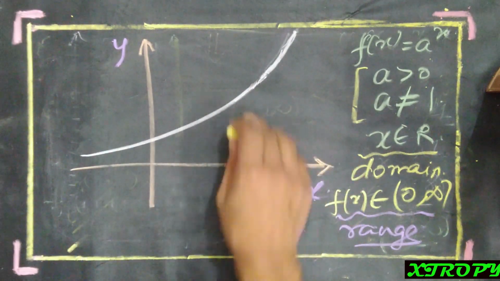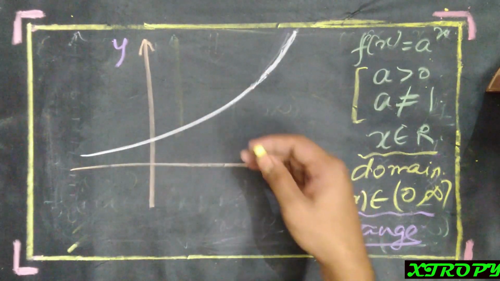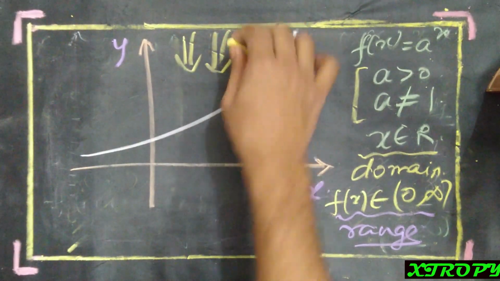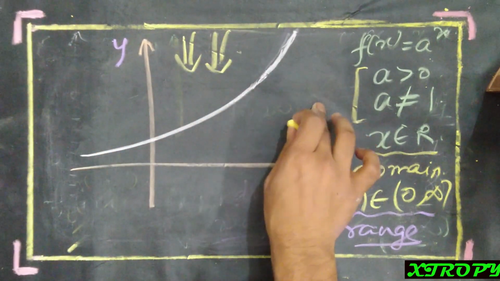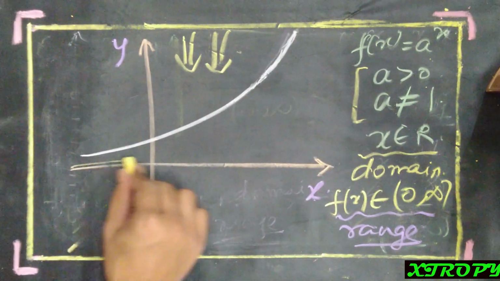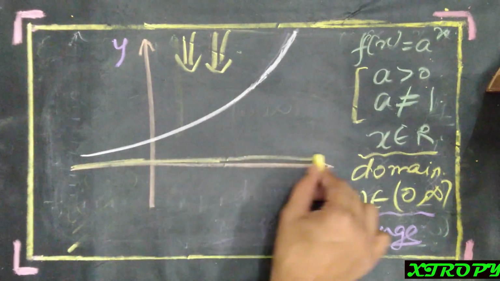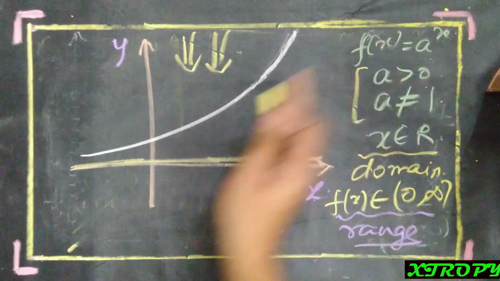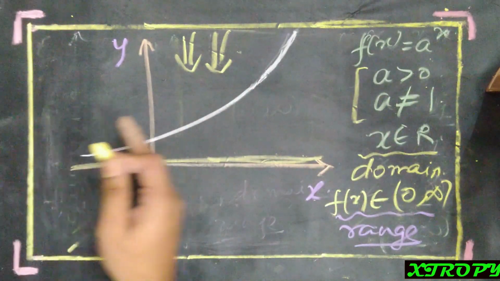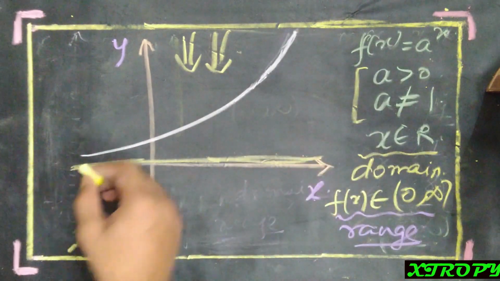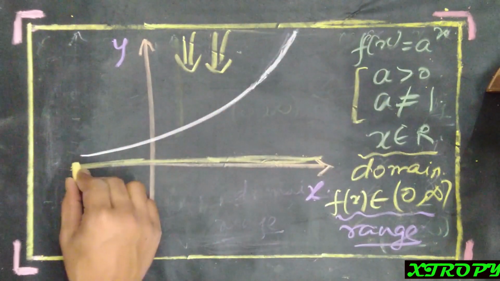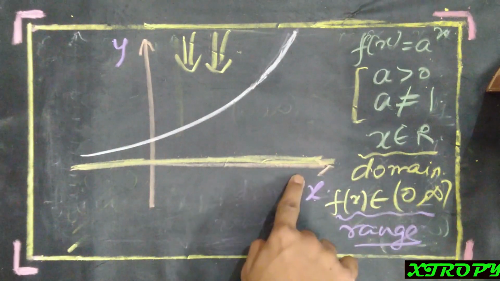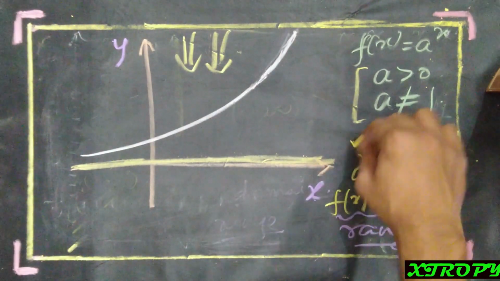So now let us look at how we can understand graphically what domain and range mean. Domain is actually the projection of the graph along the x-axis. So if you take a light source from the top, this graph will cast a shadow, and this shadow shall overlay the entire x-axis, because this graph is continuous on this side and even on the backward side also. This graph is entirely continuous. So if you cast a shadow, it will overlay the entire x-axis. That's why we have said that the domain is x belongs to R.